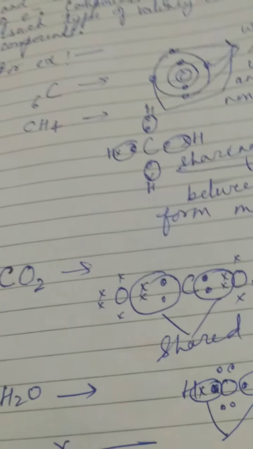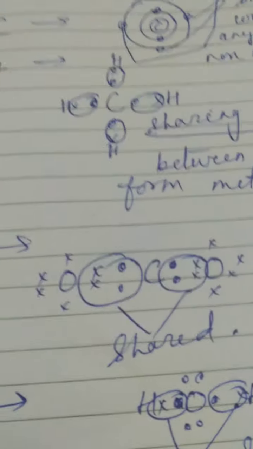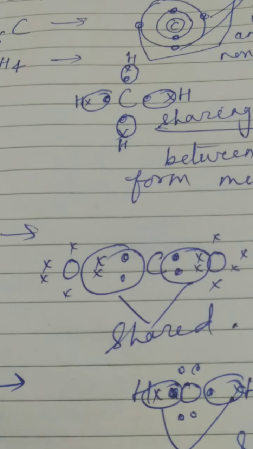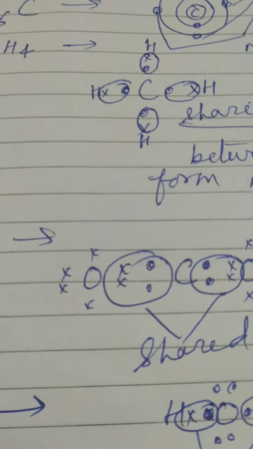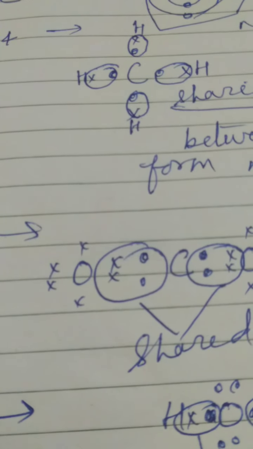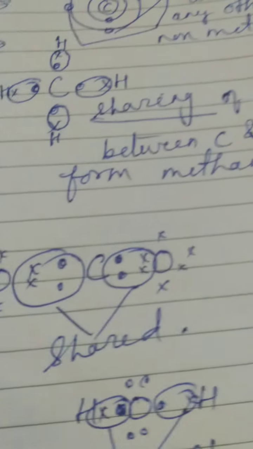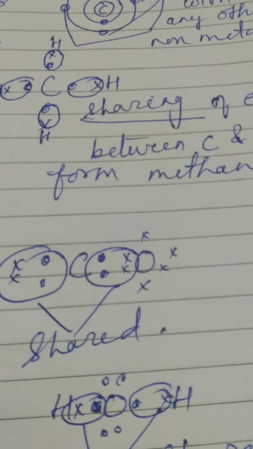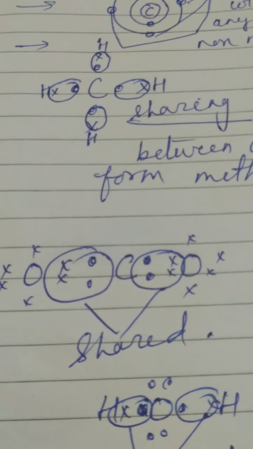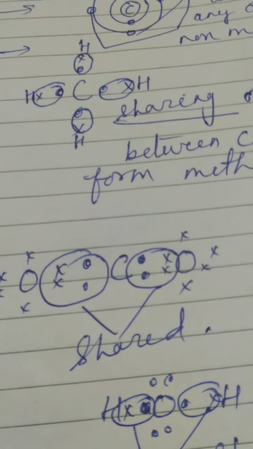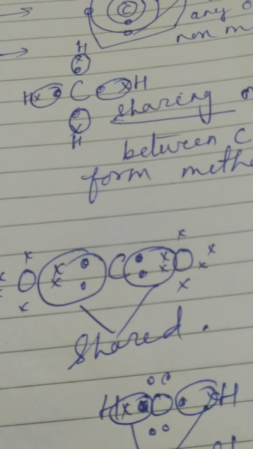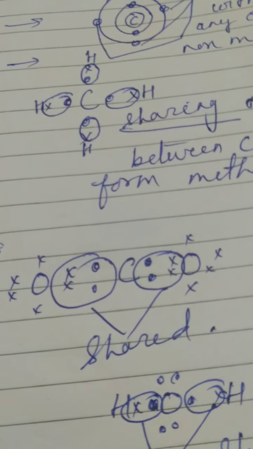In another case I have tried to show you with carbon dioxide, a very common gas. Carbon, which has 4 valence electrons, I have arranged like this, and oxygen has 6 valence electrons, so it is also arranged like 2 on either side and 1 up and down. Both sides of the carbon there are 2 atoms of oxygen, and these 2 oxygen atoms will need 2 more electrons to complete the octet, क्योंकि इसके पास 6 वैलेंस है तो इसको 2 और चाहिए, तो ये शेयर करेगा।